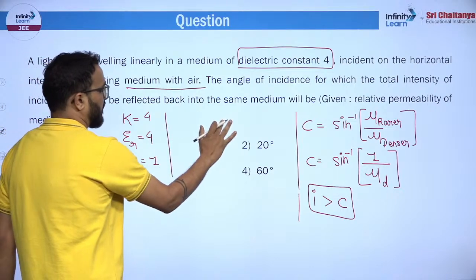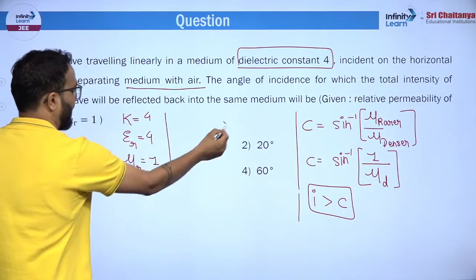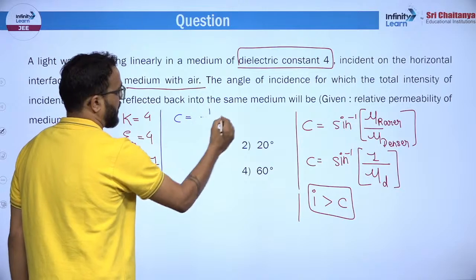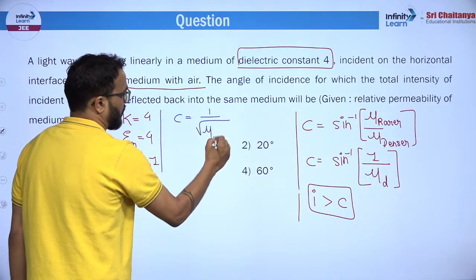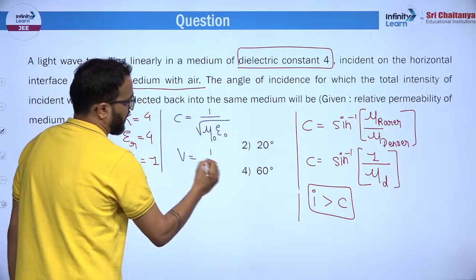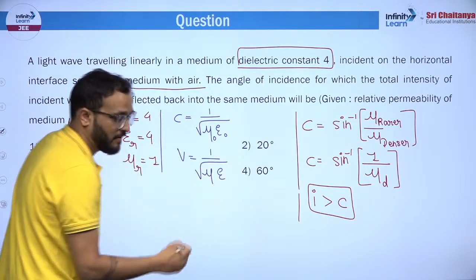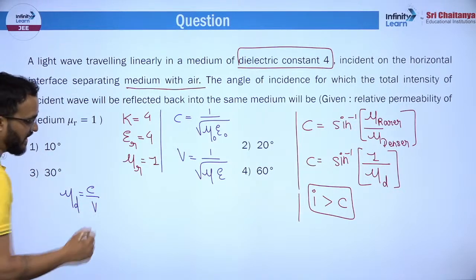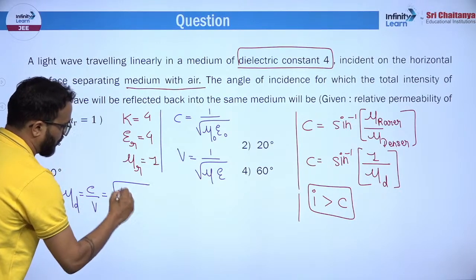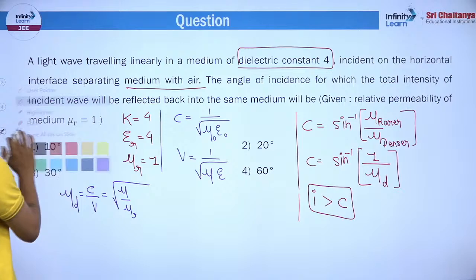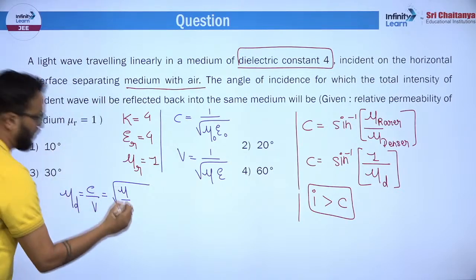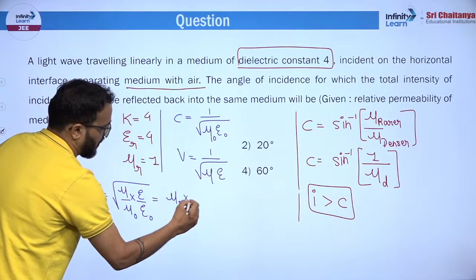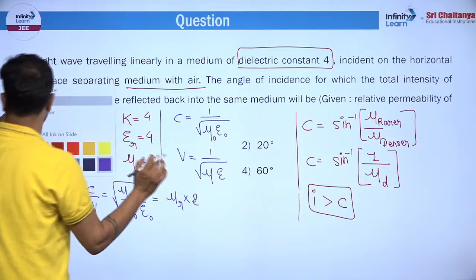You will say, sir, there's a very easy formula, and what is that? आप बोलेंगे सर बच्चा जानता है C होता है 1/√(μ₀ε₀), V इन एनी मीडियम होता है 1/√(με), C/V वैसे तो हो जाएगा रिफ्रैक्टिव इंडेक्स, म्यू डी मतलब रिफ्रैक्टिव इंडेक्स ऑफ द डेंसर मीडियम, जो कि हो जाएगा म्यू नॉट इंटू एप्सिलॉन नॉट, जो कि किसके बराबर हो जाएगा, म्यू रिलेटिव एंड एप्सिलॉन आर रिलेटिव।